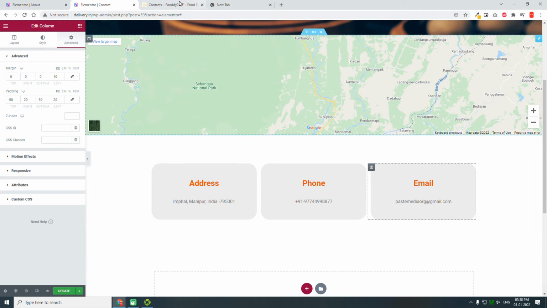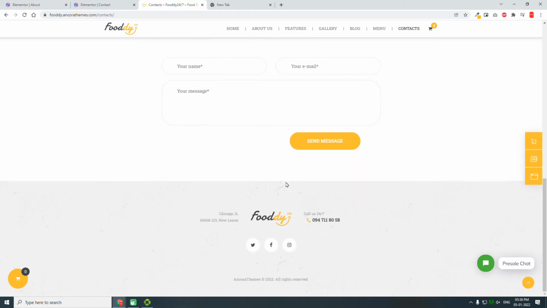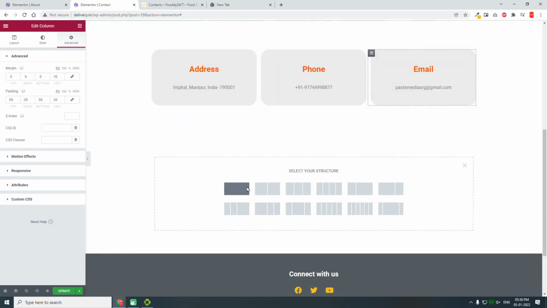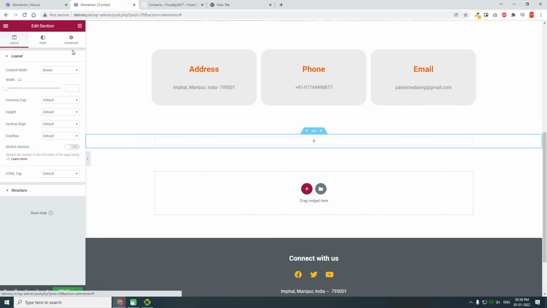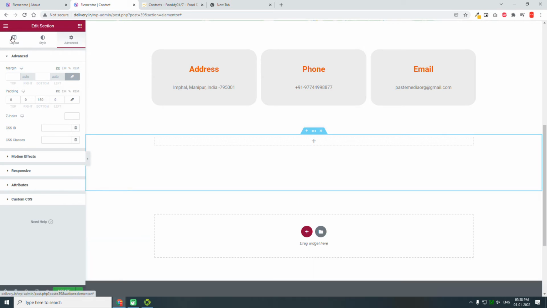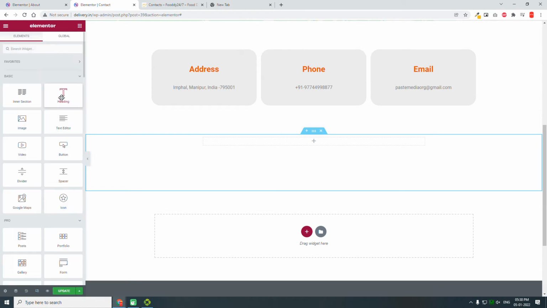Then this email contact form. For this, let's insert a one column section here. For the top, we do not need padding, but for the bottom, we can add about 150, and at the same time we can reduce the width of this section to about 800 pixel. Then let's insert